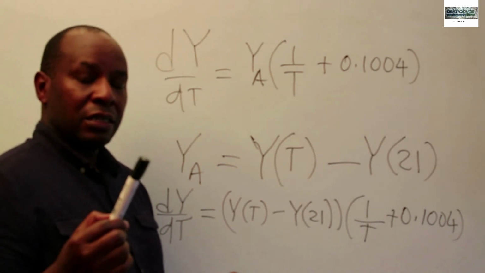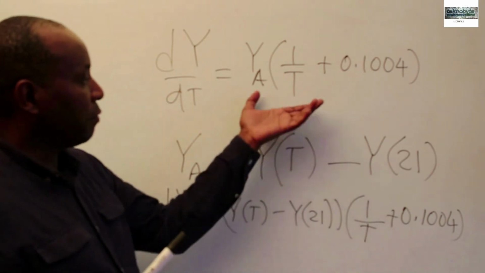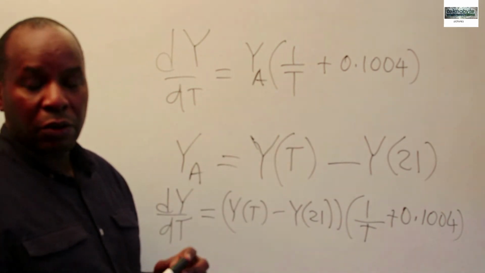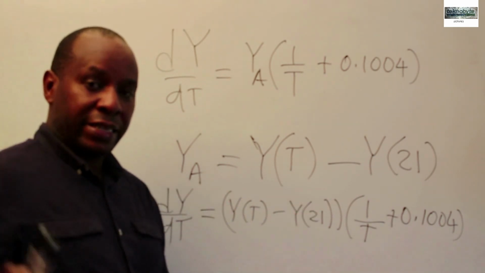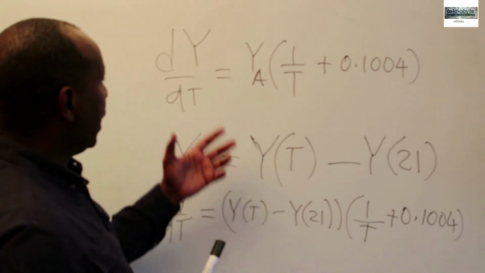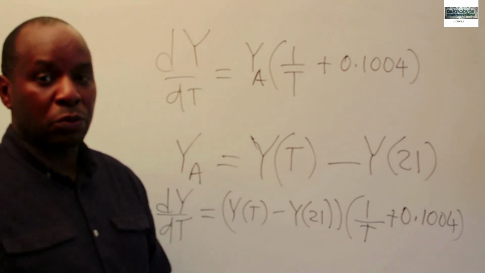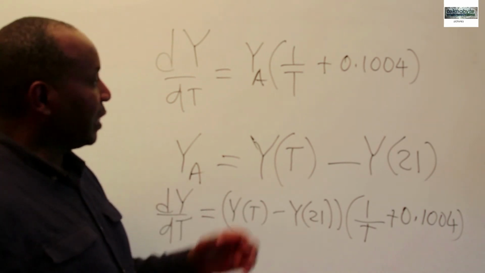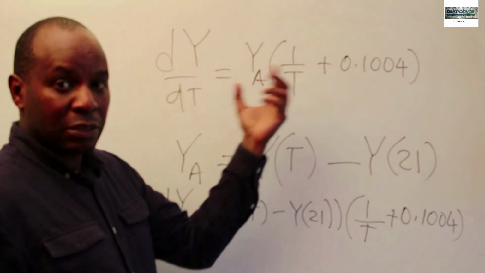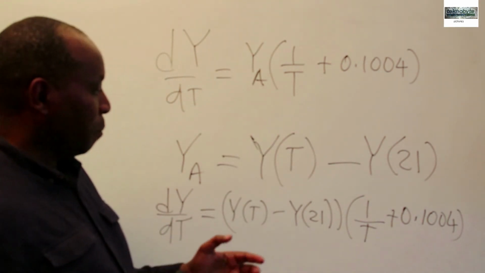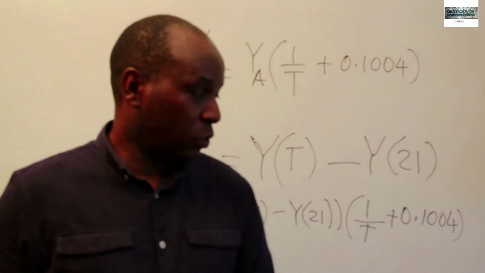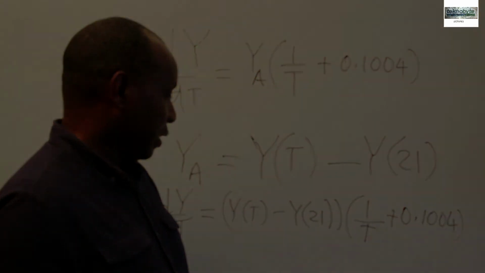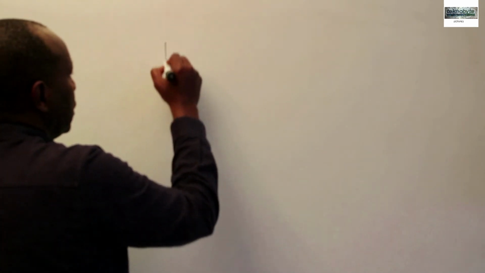The reason why the initial curve was giving us a correct projection is because there were very few cases reported. We were only dealing with very early days, so the total number of cases was almost equal to the active cases. In that case, it was just as good as y, and that is why the modeling gave us such a result. But now, once we do our own interpretation, we know that this is most likely going to be the actual trend. We have modified our model so that the rate of increase of the disease